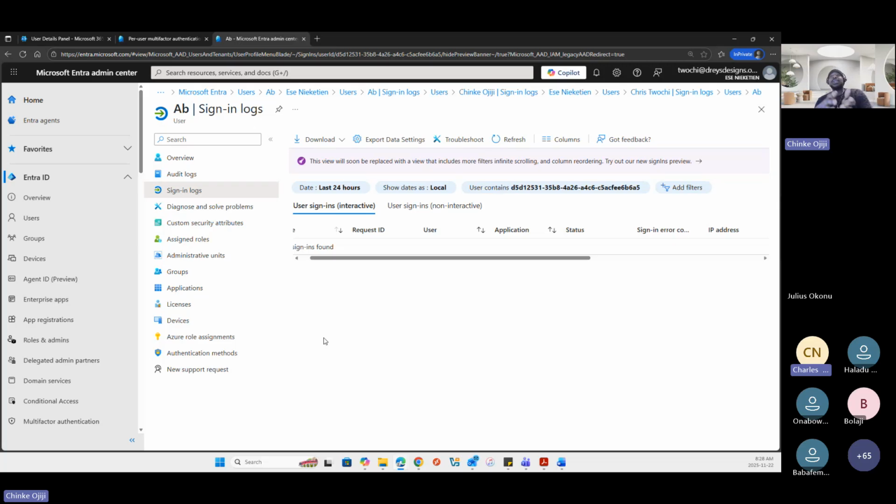Now, when these bad actors gain access to that user's account, what are they able to do? They can use that account to send out spam emails, or they can send out critical emails to certain people from that user's account.